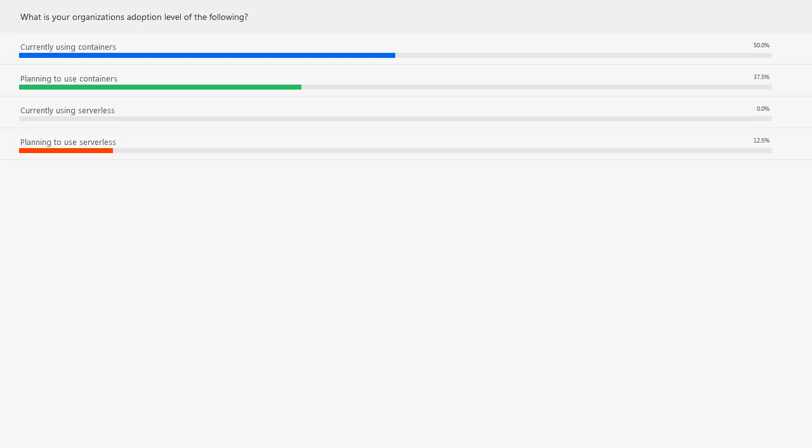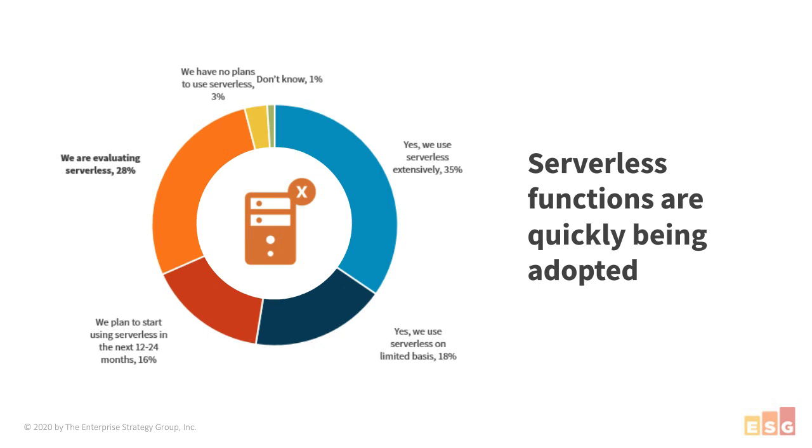Now, with respect to our research data, I just want to share the profile of the respondents in our study. As you'll see over the course of today's webinar, we asked a number of questions about cloud-native apps and security concerns. So we needed to make sure the respondents were literate on these topics. So we had qualifying questions: organizations that were participating were already using containers and already had workloads in public clouds.